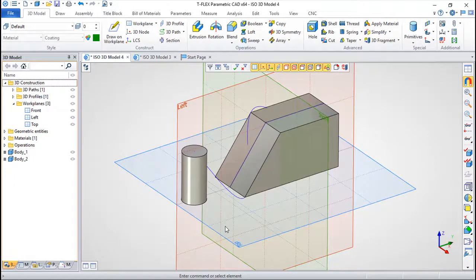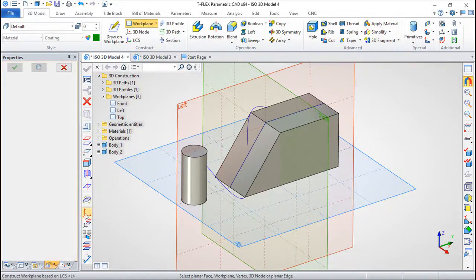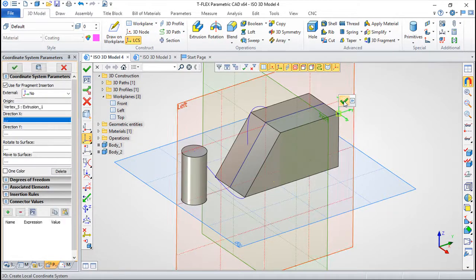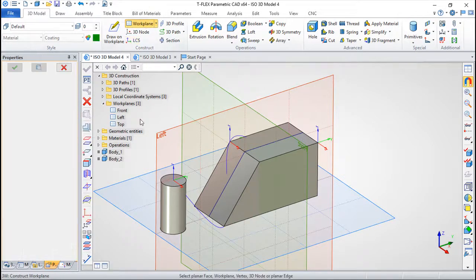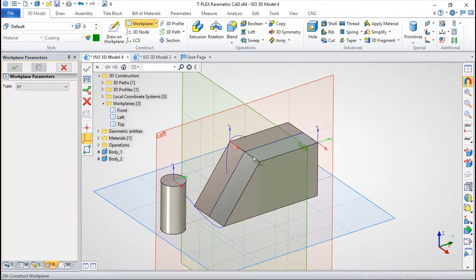I can also work with copies of work plans. I have a couple of functions in here, copy work plan. This is something that we can connect with local coordinate systems. So I will make a couple of local coordinate systems. For example, I can use the function, I can create it through a coordinate system, for example